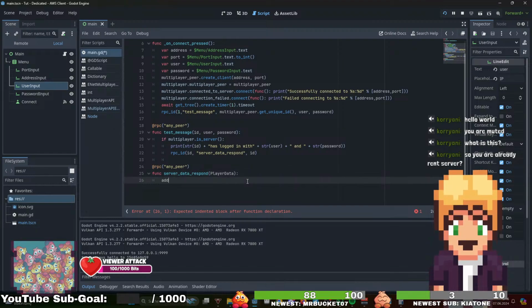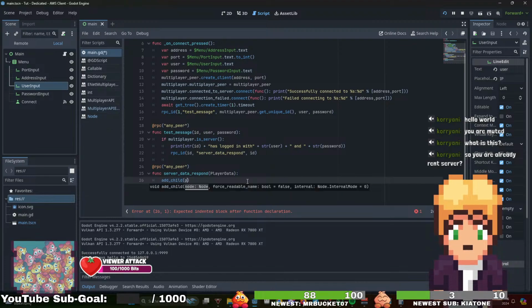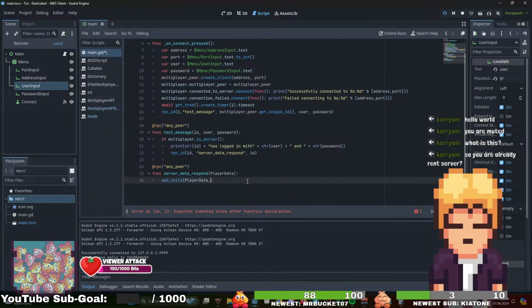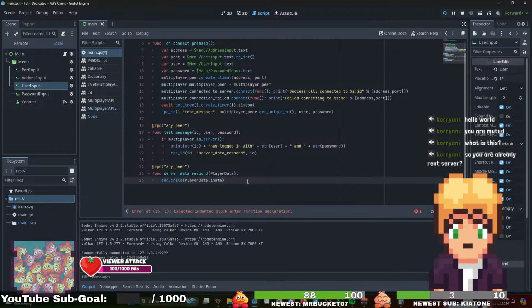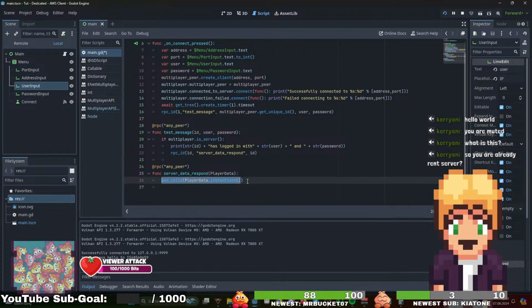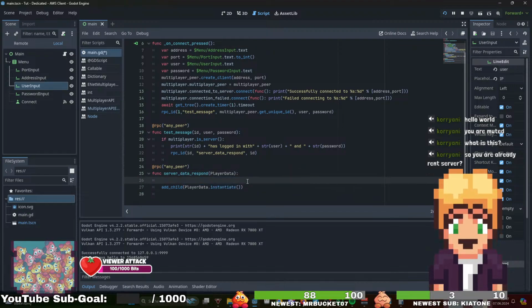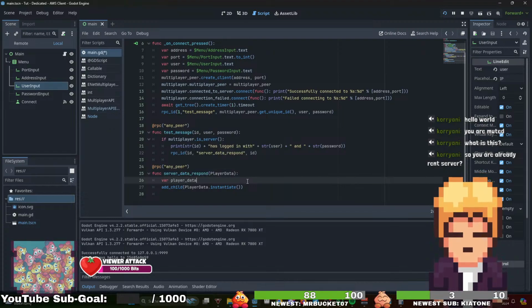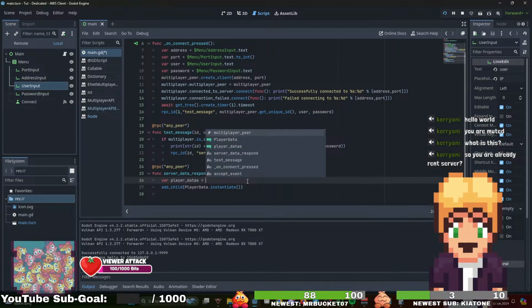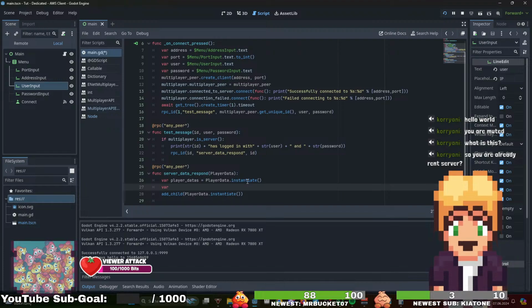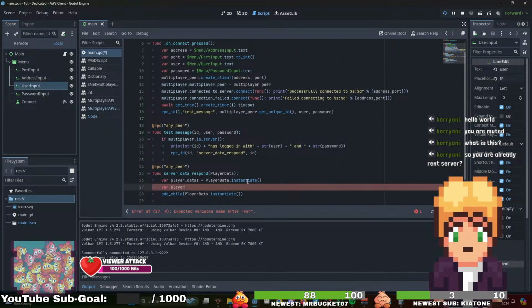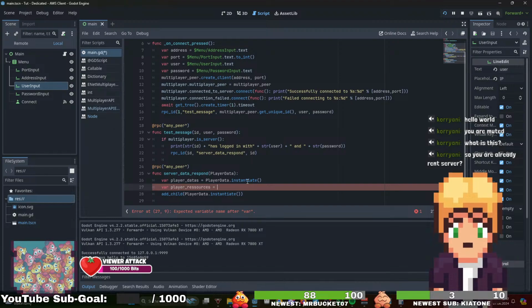And then we say add child, player data dot instantiate. And then, oh no, firstly we will say variable player datas equals this one. Then we will say variable player resources equals